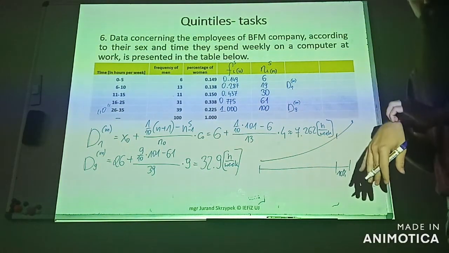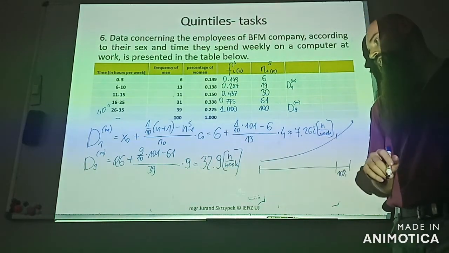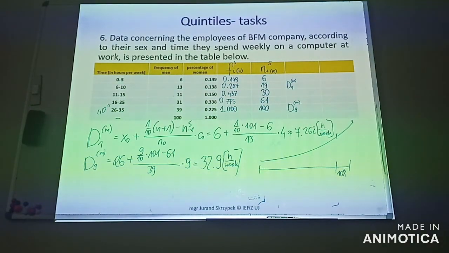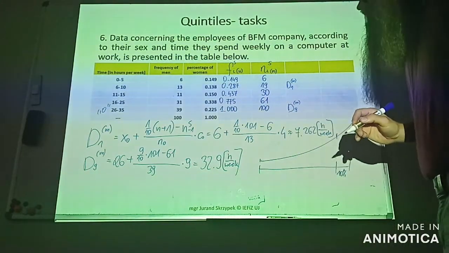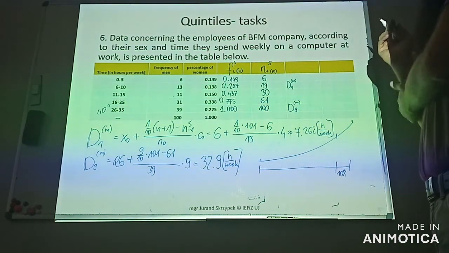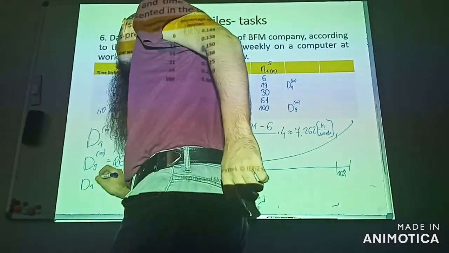And we see that these men are characterized by time spent in front of the computer not lower than 32.9 hours per week. All right. And then we can talk about the deciles for the group of women. The first decile in the group of women